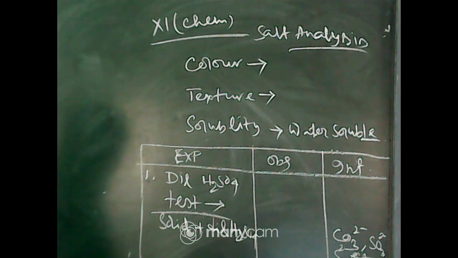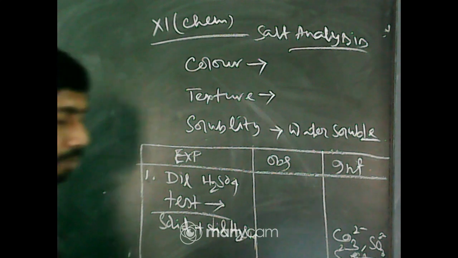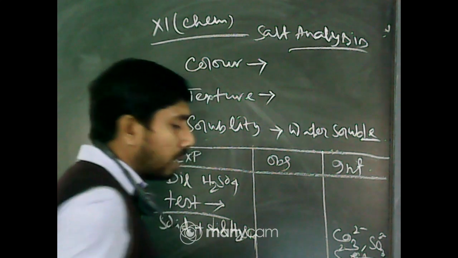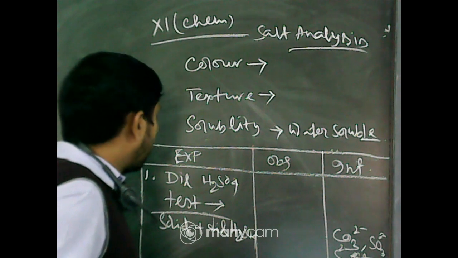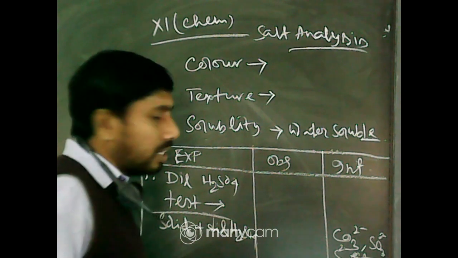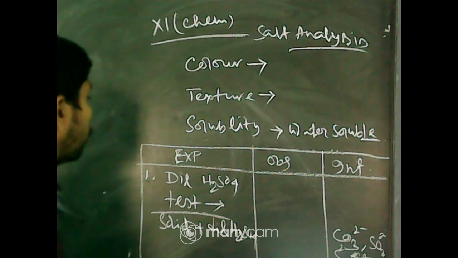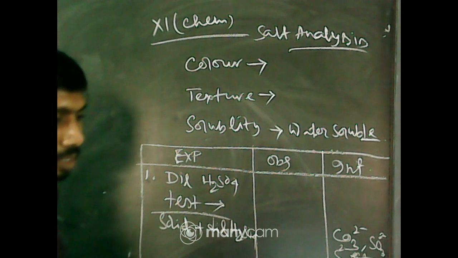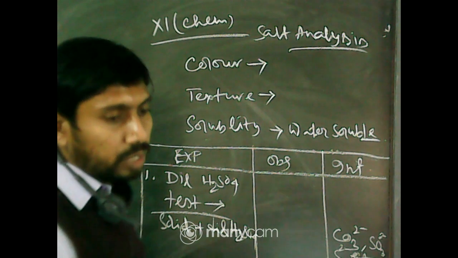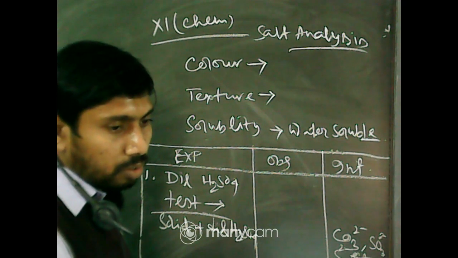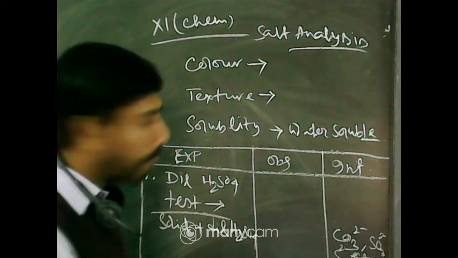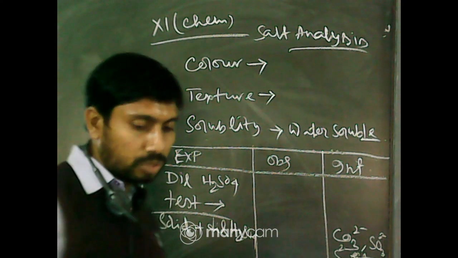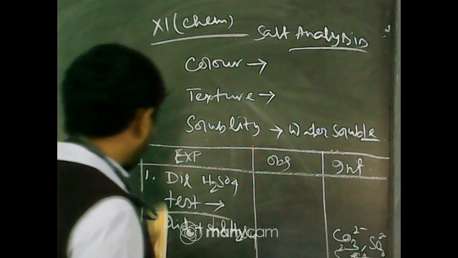This is the dilute sulfuric acid test. You have to write it in the final exam and also in the preliminary exam. That is, when you do the experiment you will write it. Okay, because on the same day it is not possible to write all the experiments. So, we have to do it in a step by step way. So, we classify it into different experiments. So, first experiment, that is the dilute sulfuric acid test.